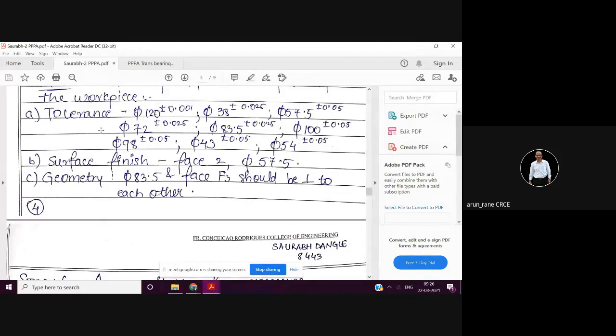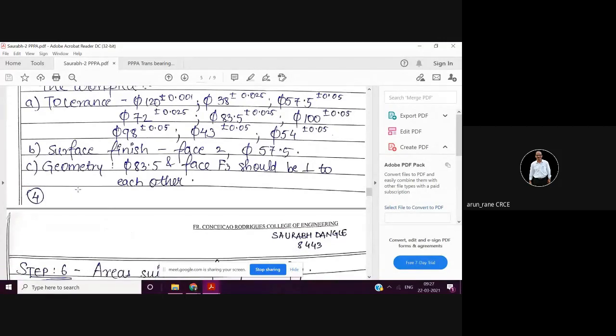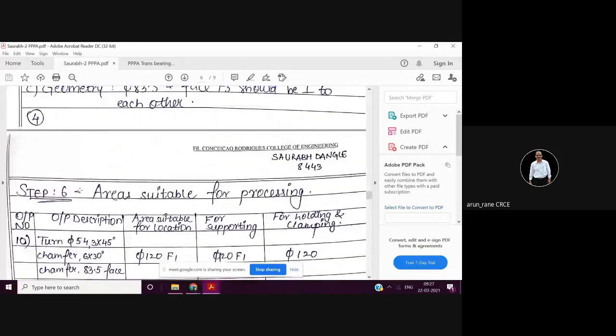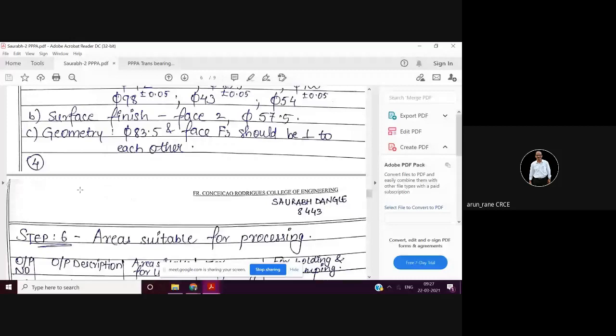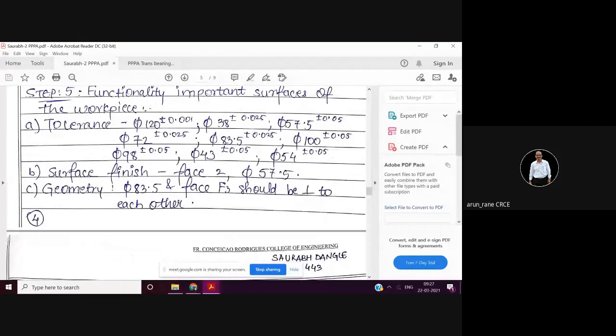So why is this required? This gives you an idea. See, this is what is important. When you are doing machining, you have to pay attention to this. So this is step 5 and step 6. These are very important. Of course, all the steps are important. So preliminary part print analysis is nothing but a post-mortem, which allows you to identify how the component is, and how the component can be produced.